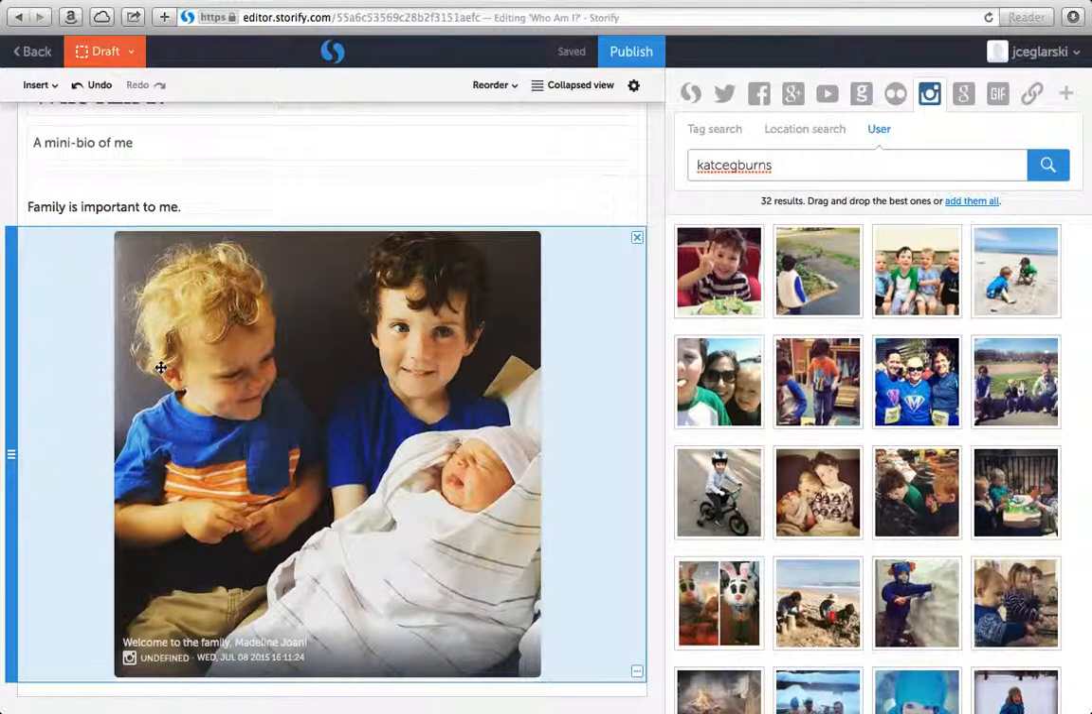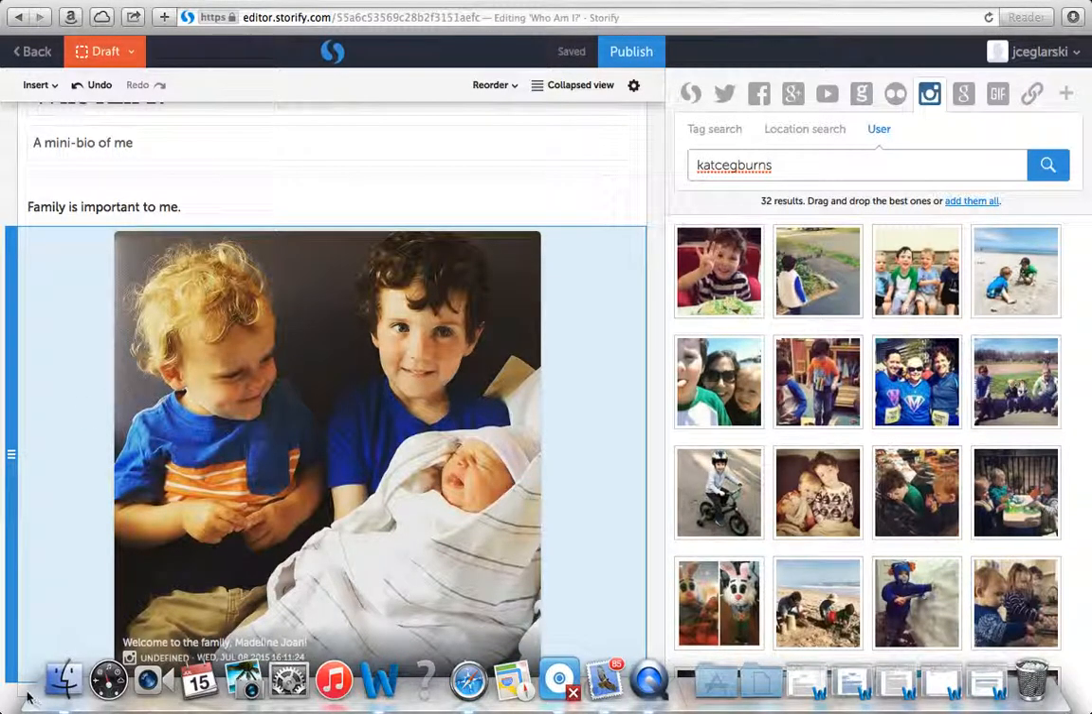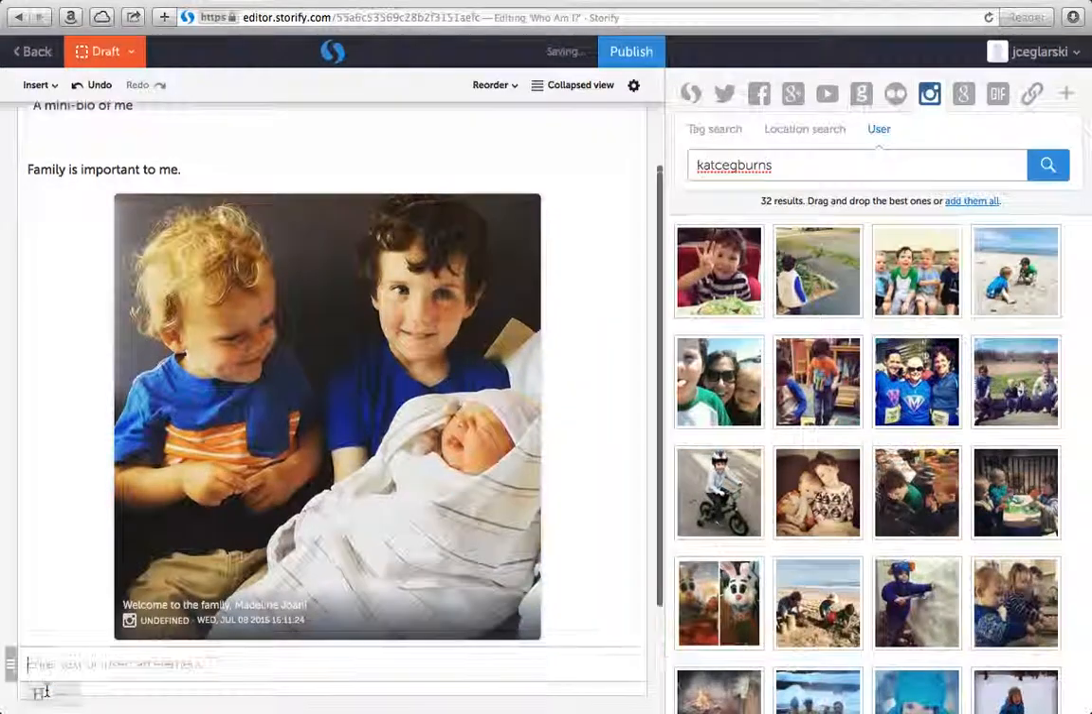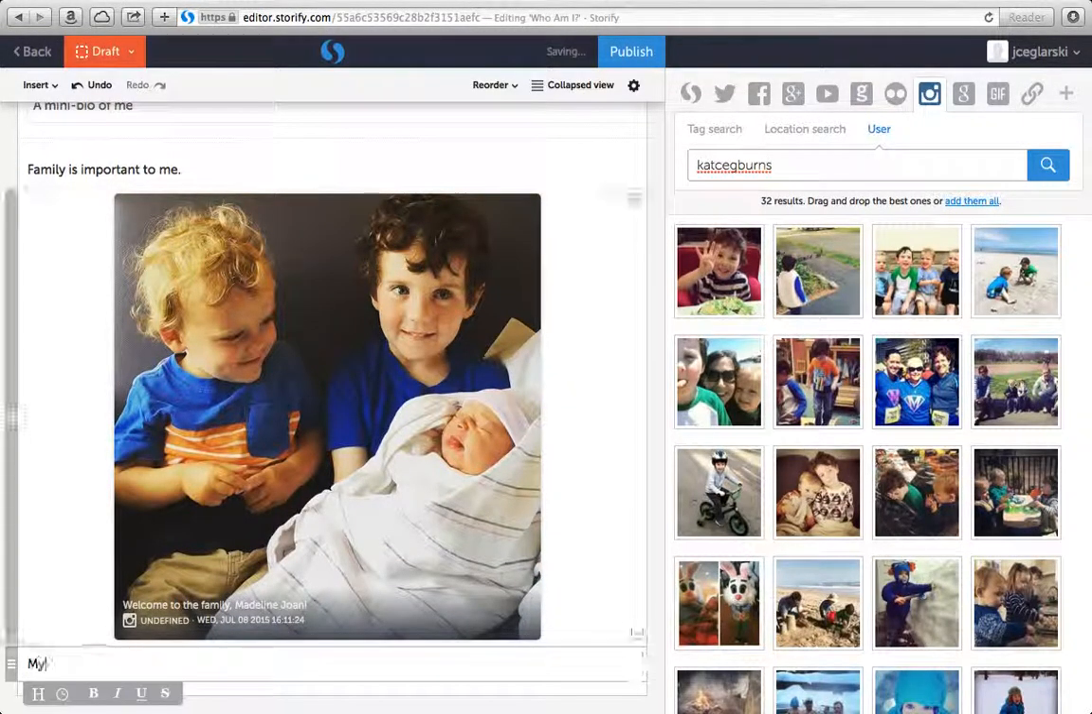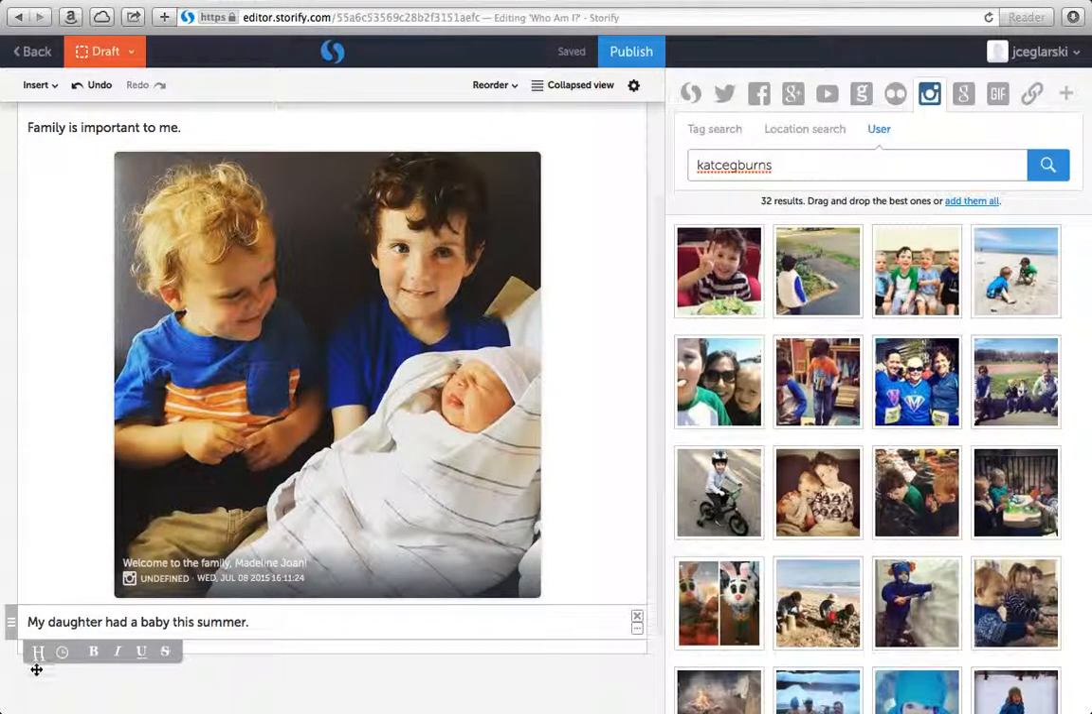So then I'm going to move on to, and I can explain, I can put another text box underneath there if I type under it, and I'm going to say my daughter had a baby this summer. And when I'm presenting this, I can add some more information. Now I'm going to add another text box under that,